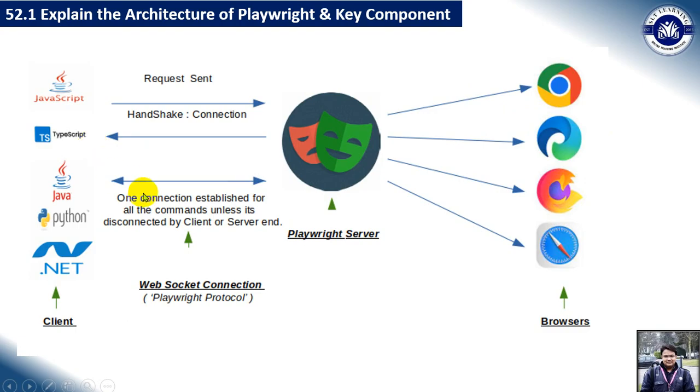Okay, so one connection is established for all the commands unless it's disconnected by the client or server. Once the connection is established, you don't need to make the connection again and again. Then you can perform all your scripts and all your executions together. So on one side, this is the client machine where you can use the programming language to write your automation script, and when you hit the Playwright server, it will convert your automation script in